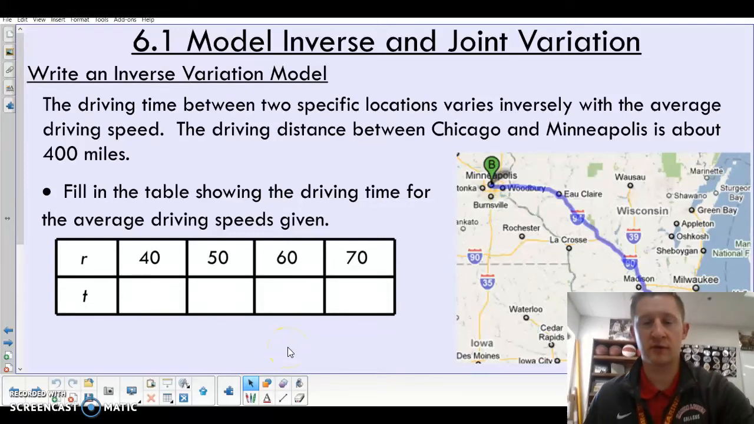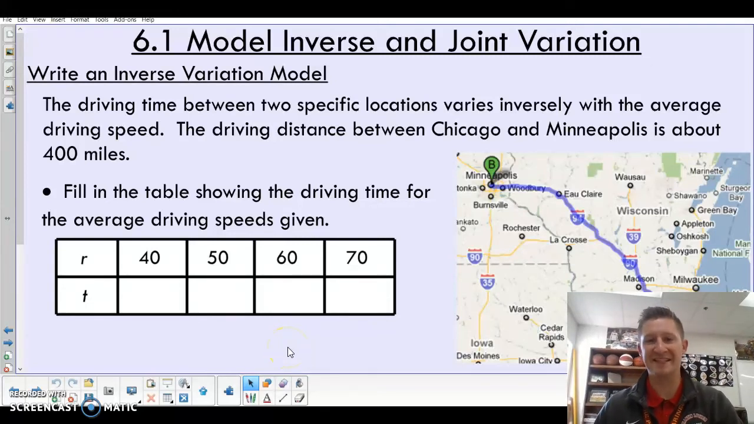All right, Algebra 2 students, we're looking at the first lesson in Unit 6. Unit 6, we're learning about rational functions. And to introduce that, we're looking at the idea of inverse variation, which is a real-life thing that involves rational functions. So, taking a look at the info given to us, we know that if I was going to travel